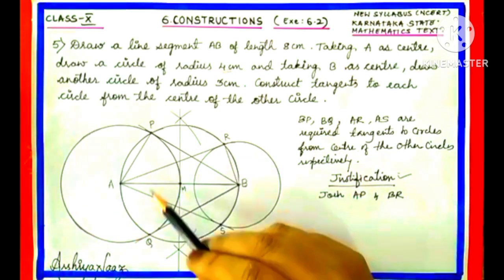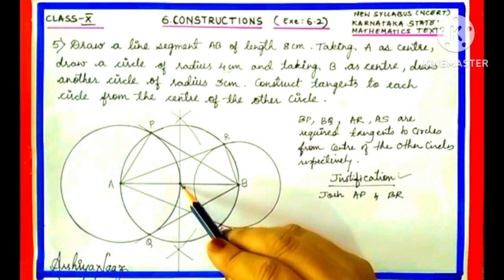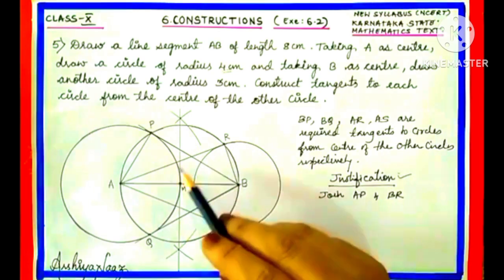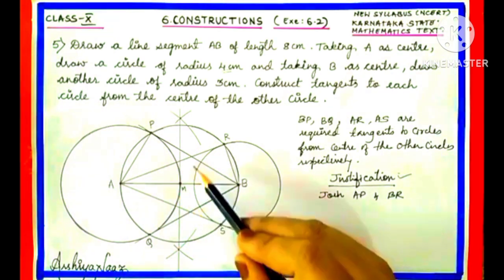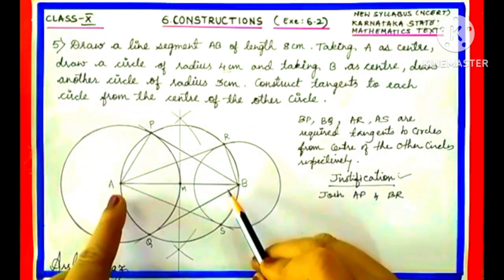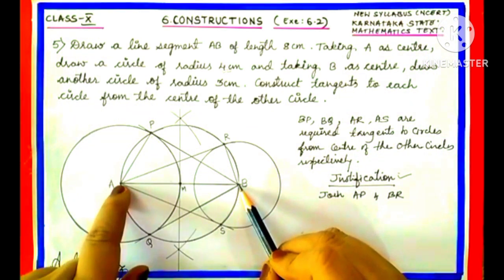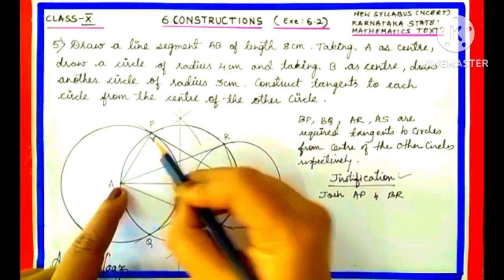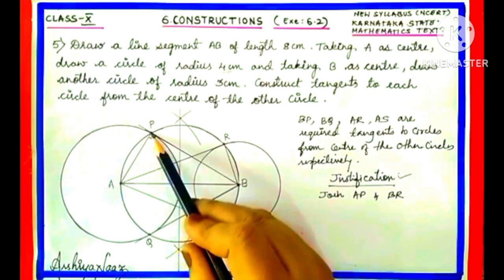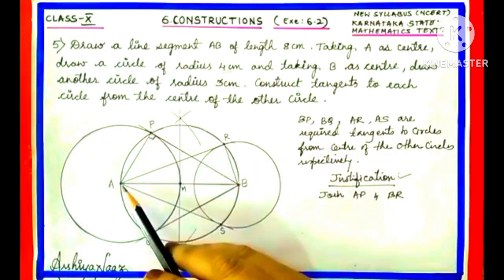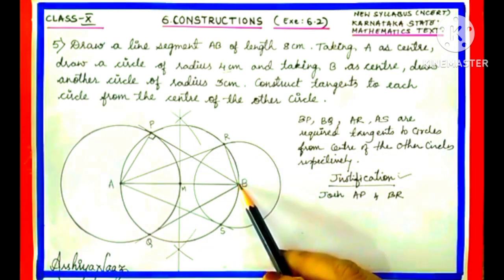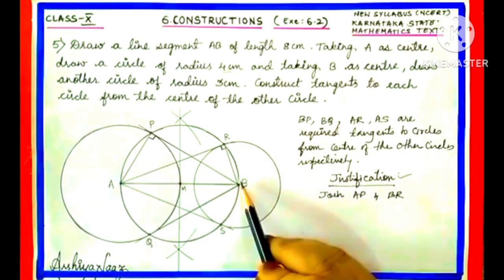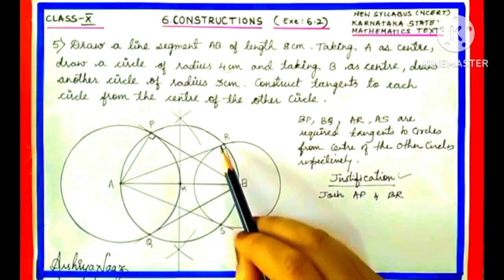So dear students, observe the circle with center M. Here AB is the diameter. This diameter is dividing the circle in two parts. We call them semicircles. You know that the angle subtended by the diameter on the semicircle will be equal to a right angle. It means that angle APB equal to 90 degree and similarly ARB is equal to 90 degree. Because both the angles are in the semicircle. So angles in the semicircles are equal to right angle.